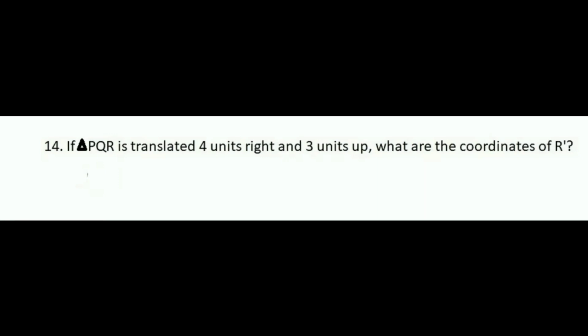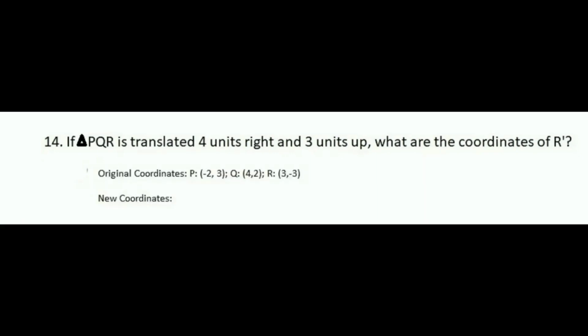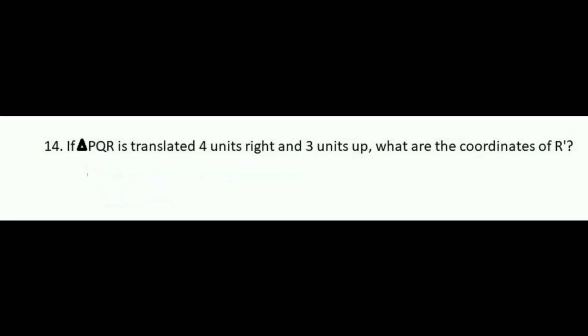So here we go. If we have a triangle, PQR, and the original coordinates here are P, -2, 3, Q, 4, 2, and R, 3, -3. Those are the 3 coordinates for our triangle. Now I'm reading that directly from the image that's given in the book. But now I'm going to use what's actually described here to predict the final position of our triangle. We're moving PQR 4 units right